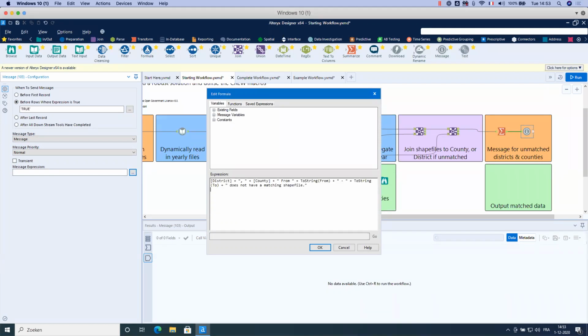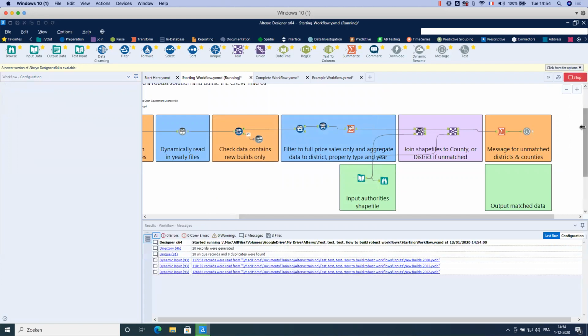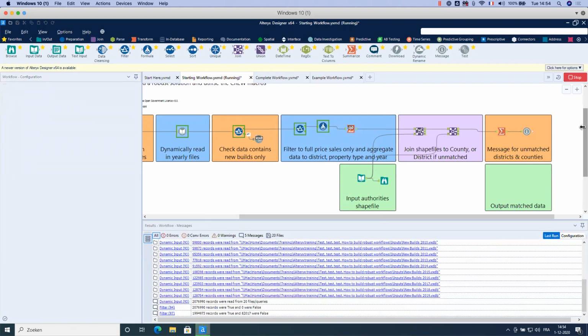Okay, so it will be this. So in fact, you take the district, the county, and you look at from, for example, 2000 to 2020 does not have a matching shapefile. So I click OK, and I will run it, and like this I can show you what it will look like in the result window.